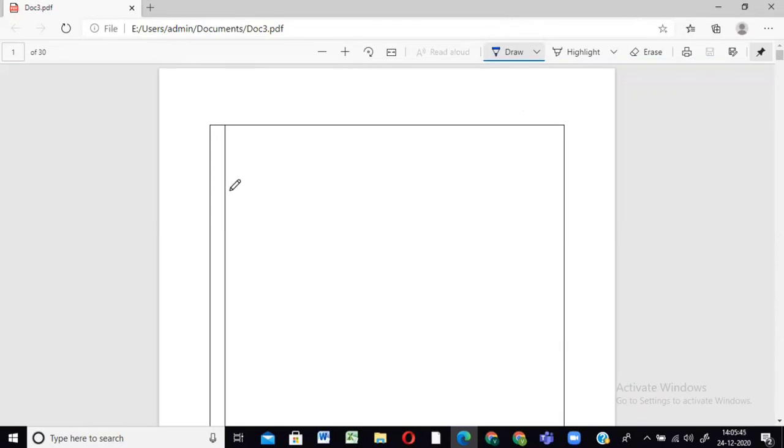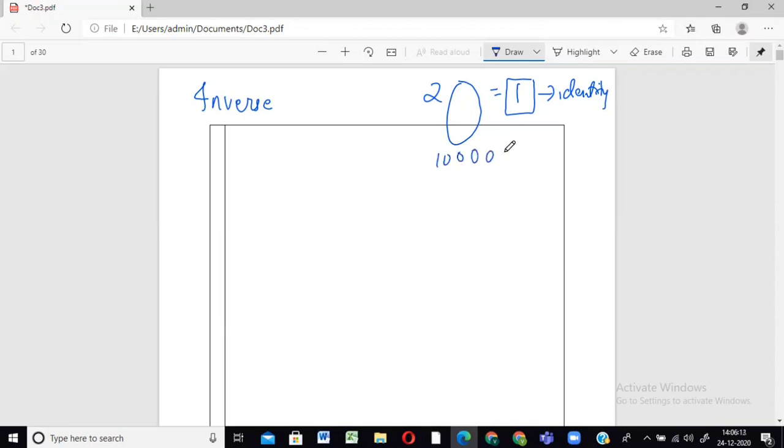So the inverse of a matrix basically is nothing but, let's do it for numbers first. For example, if we have a number 2, what number should I multiply it with so that I get 1? I'm specifically saying 1 because 1 is nothing but the identity. Identity means any number you multiply with 1, you will get the same number. 10,000 multiplied with 1, you're again going to get 10,000. 500 multiplied with 1, you're going to get 500 only.